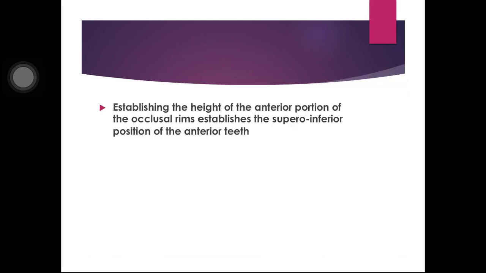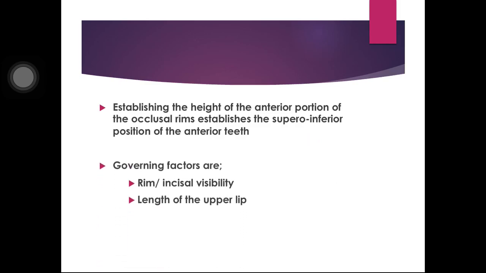Incisor visibility is basically establishing the height of the anterior portion of the occlusal rim, and it also establishes the superior-inferior position of the anterior teeth. We will see how the governing factors are basically the incisal visibility and the length of the upper lip. Here we can see that in a natural dentition, the position of the upper lip is somehow that